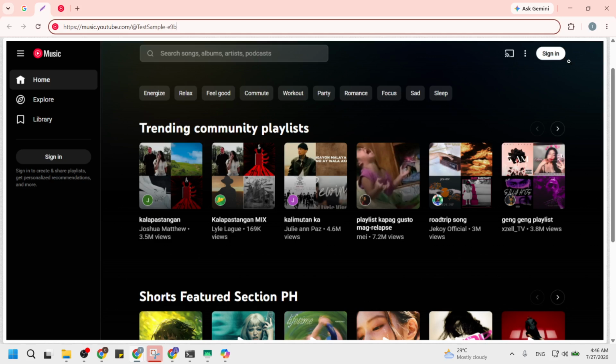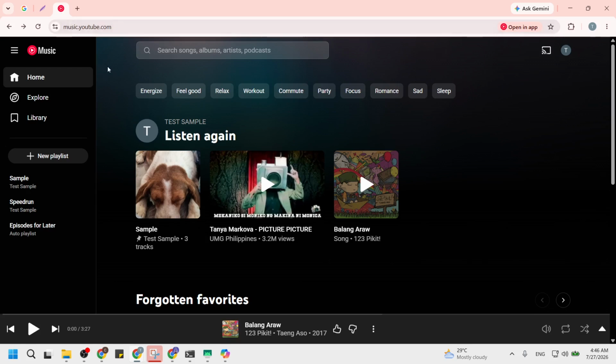When you click it, the YouTube Music webpage opens, normally with a dark background and a sidebar with options like Home and Explore. If a sign-in page appears, enter your Google account details and continue. After you sign in, you should see your profile picture or initial in the top right corner. A quick tip here, if you manage more than one account, make sure the account shown is the one you actually use for music, so your recommendations and library look familiar.